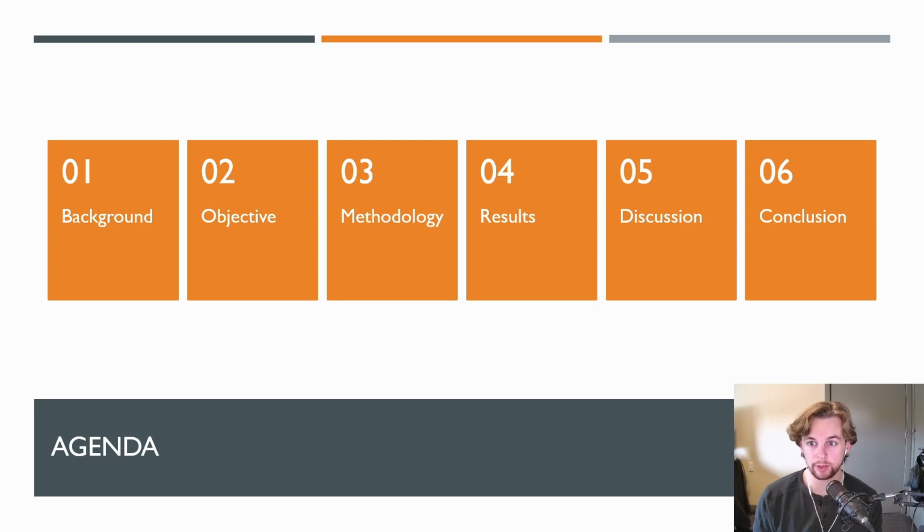Then I'm going to do a couple of takeaways in the discussion, talking about the limitations of the article and future work associated with ultrasound diagnosis using machine learning. And in the conclusion, we'll examine a couple more key takeaways.